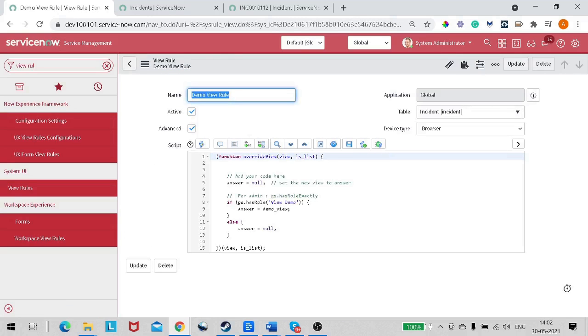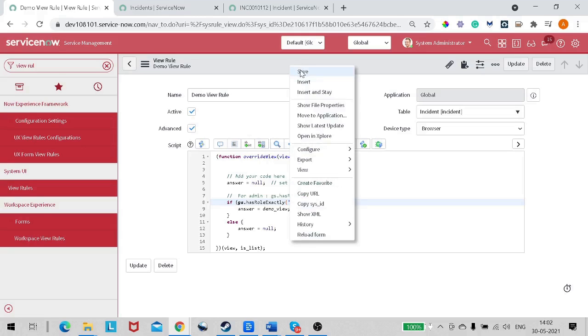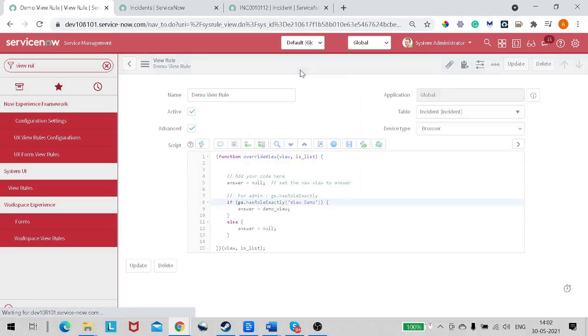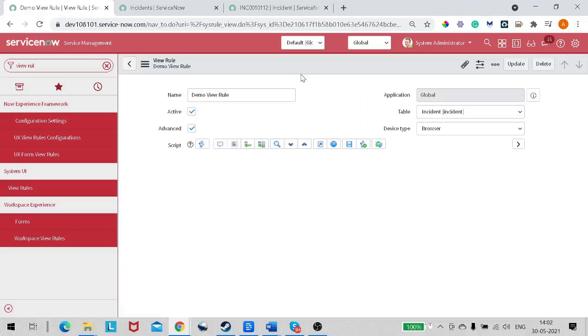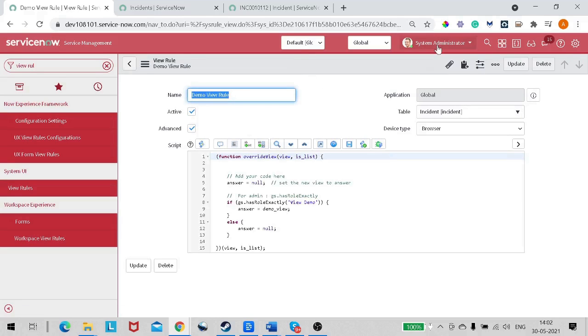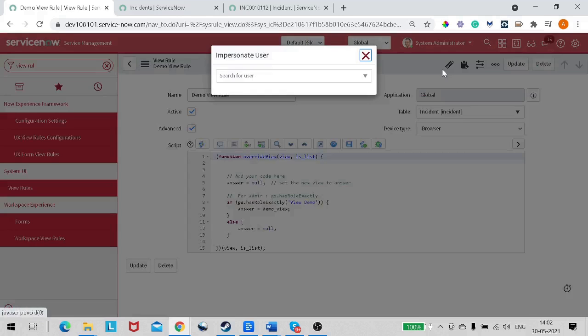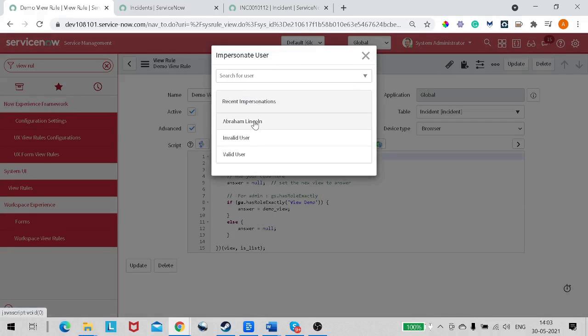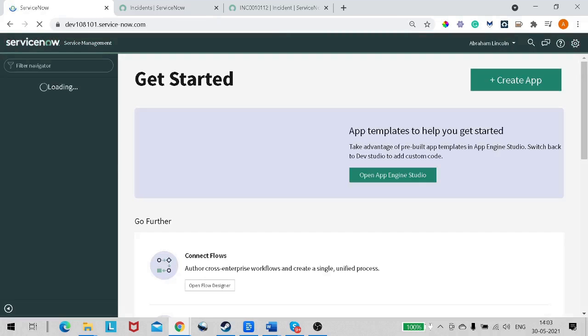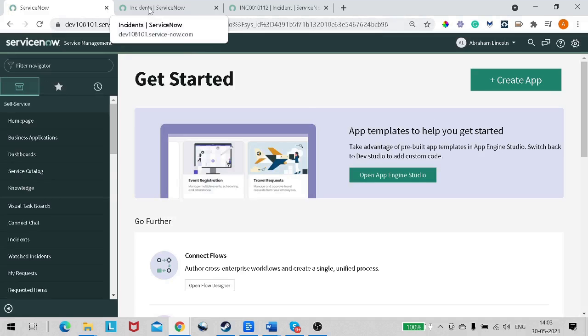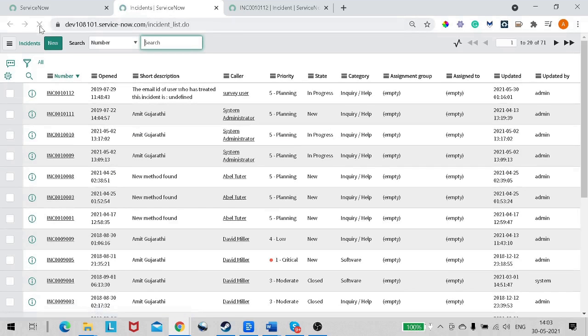The syntax for it is has role exactly. Now it should work. I will save. Let's impersonate the user Abraham Lincoln. Now if I refresh,